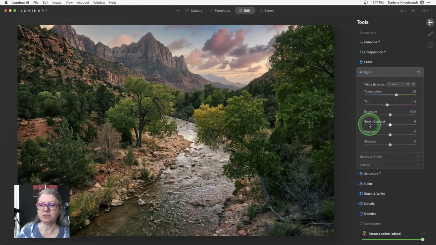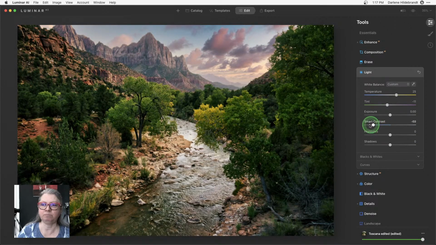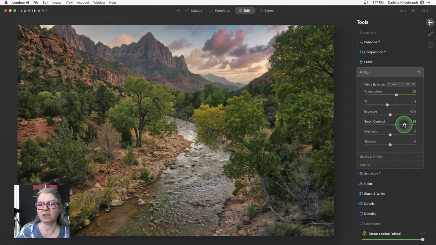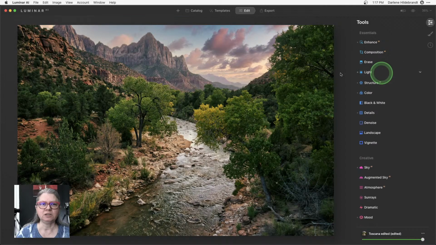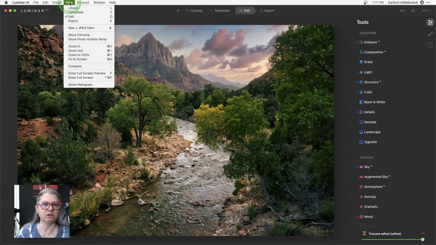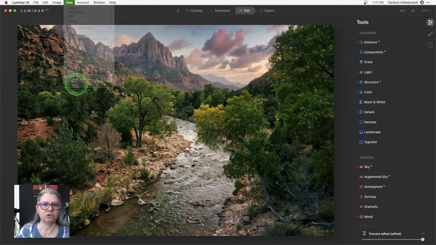You can also bump up this slider, which is great. Smart Contrast gives you a really nice overall punch. And one of the things I recommend in any program, whichever program you're using to edit, is take the sliders to an extreme and then come back to the other extreme and see what it's doing, and then settle somewhere in the middle, okay? If you want to see the histogram in Luminar, that's up here under the View menu, Show Histogram. And now with the latest update 2, which has reflections, and I'll show you that in a second, the histogram stays when you move from image to image, right?